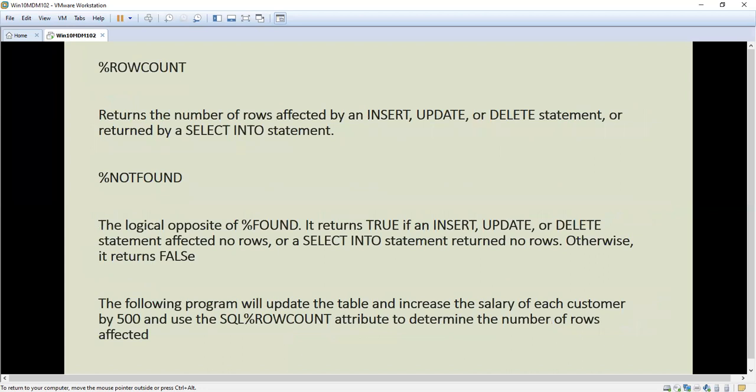Here we are going to see only row count and not found. I will explain them and then go to a sample PL/SQL program so that you can easily understand.